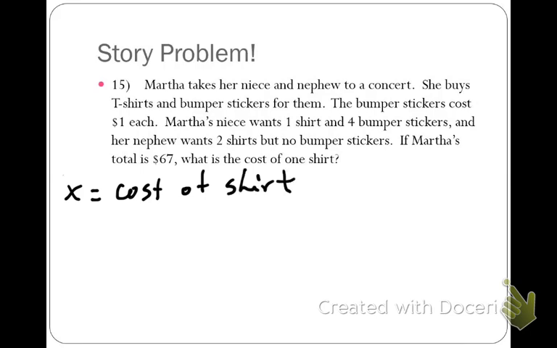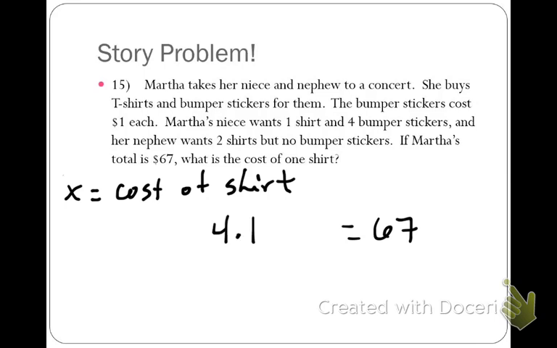Now, we have to come up with your equation. If Martha's total is $67, that means by the time we're finished combining everything that she is buying, that total is going to be $67. So that should be what your equation is equal to, right? Now, where does the $67 come from? How many bumper stickers did she buy? 4. How much were each bumper sticker? 1. So to find out how much of the $67 were bumper stickers, we have to take 4 times 1,